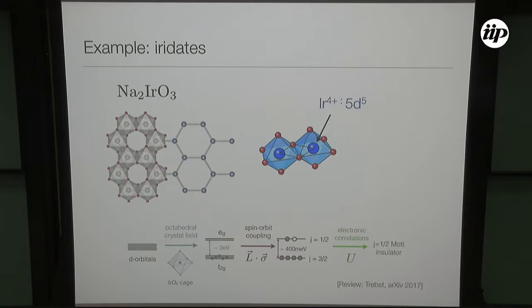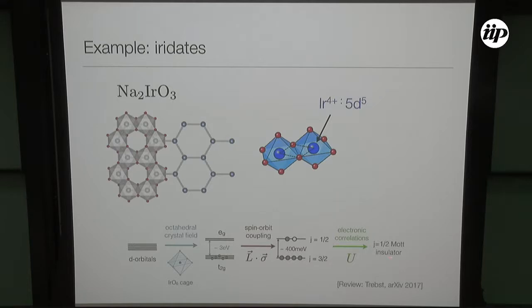Spin-orbit coupling is of the order of a fraction of an electron volt. And also, of course, it's strongly correlated, so you should get some kind of Mott insulator. When you work this out, you see that with 5 electrons, you're going to have a single hole in this energy level. There is an effective J equals 1/2 degree of freedom. We talk about J here, that's the total angular momentum, because it's a combination of the spin magnetic moment or spin angular momentum with the effective orbital angular momentum of these d electrons, in particular of the t2g electrons.